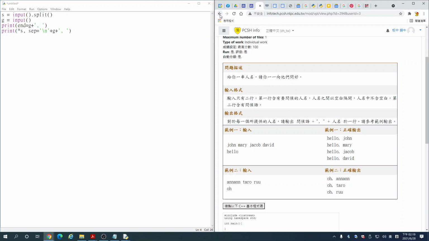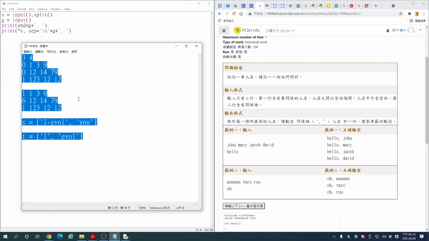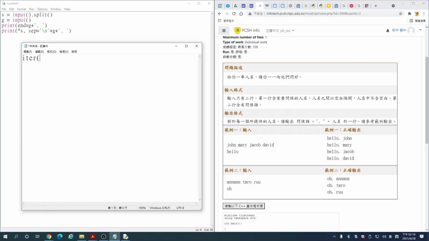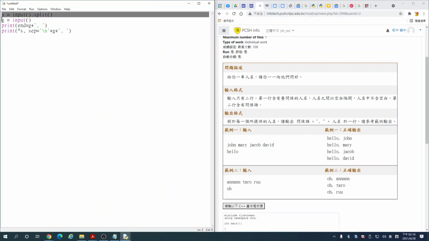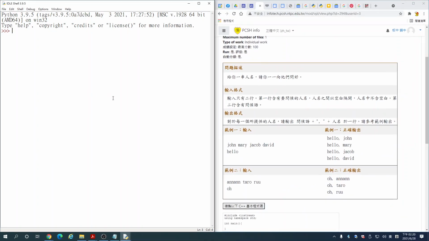We are going to do it through two functions. What are the two functions that we are talking about? The first one is iter, and the second one is next. These are the two functions that we are going to talk about, and I'm going to show you what we are going to do in the Python shell. For instance,